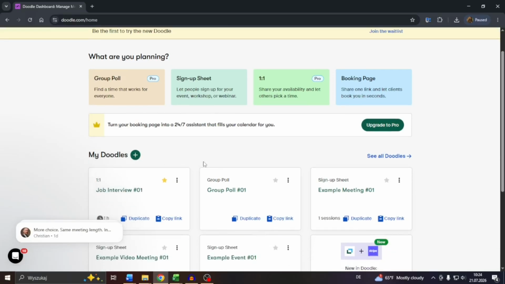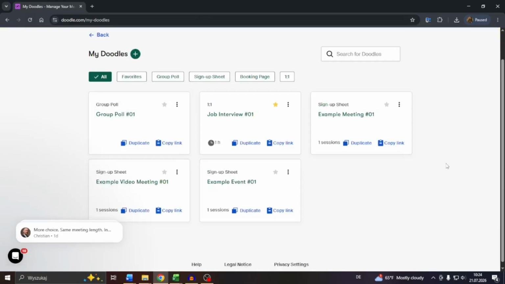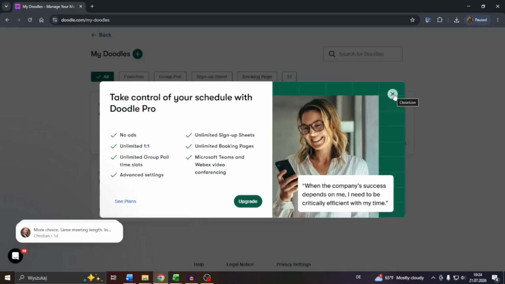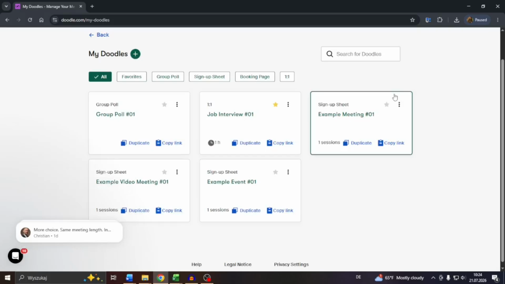And then, guys, what you want to do is click into see all doodles here. And you will see that duplicate button just below the given event title, right? So let me duplicate that group poll. As you can see, I can't do this with my account status, but if you have access to these features,